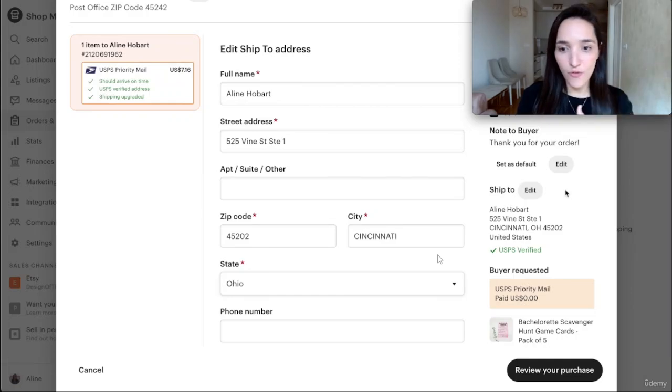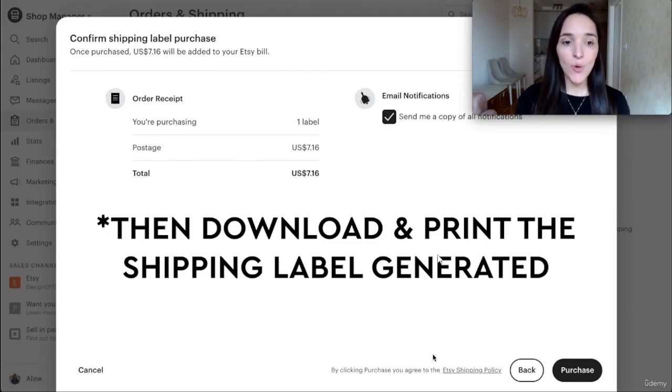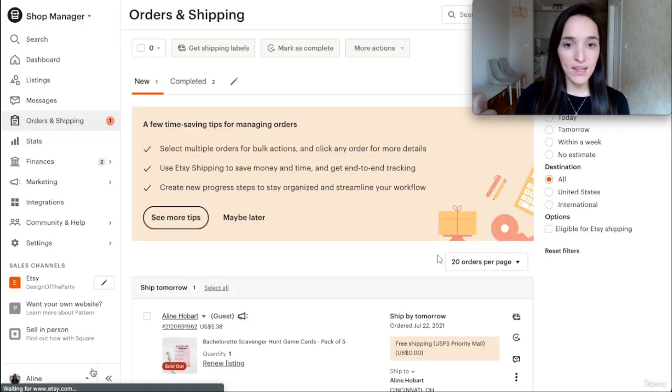Okay, so once you're done and you've gone through all this, you can review your purchase, and it's going to show you right here just the total. If you want to send a copy to your email of the shipping confirmation, and if there's something you need to change, you can go back, or you can go ahead and click on purchase, and the order is going to be completed. But I'm going to cancel this because I'm not actually going to be shipping anything,